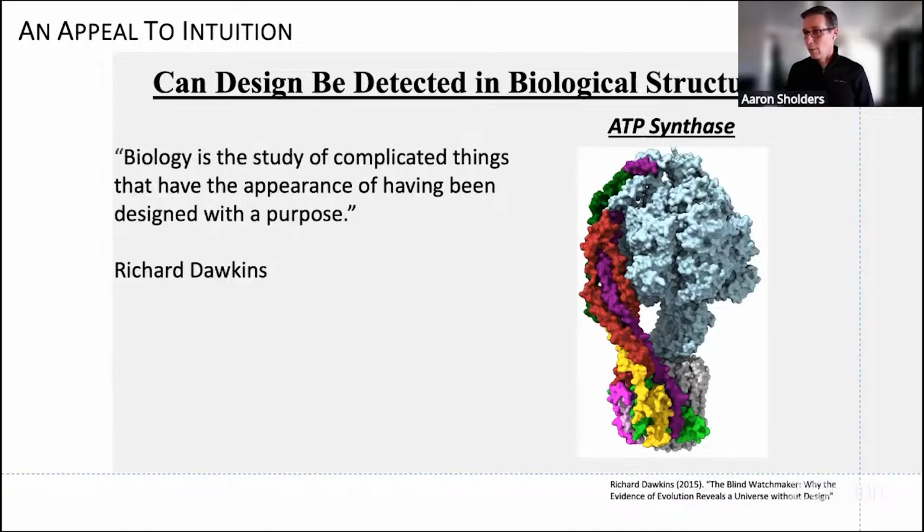Now, go to Richard Dawkins. He says this: biology is the study of complicated things that have the appearance of having been designed with a purpose. Now, he'll go on to disagree that they've been designed with a purpose and that they've been designed by an engineer. Okay, in fact, he'll write entire books on that. But the question is, is he suppressing something that he intuitively knows, making a philosophical statement rather than a scientific statement? Okay, I think that the answer to this question and the conclusion that we can make is this: